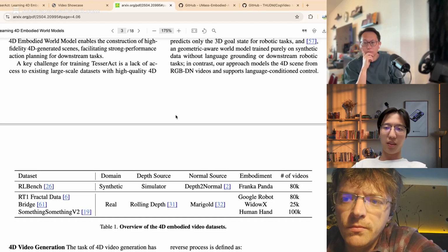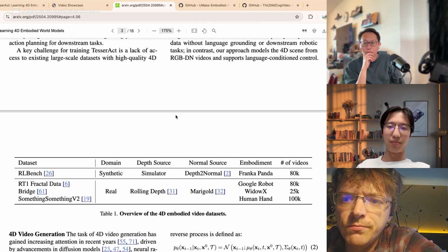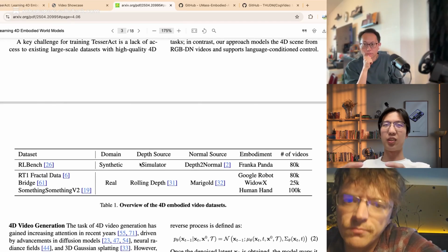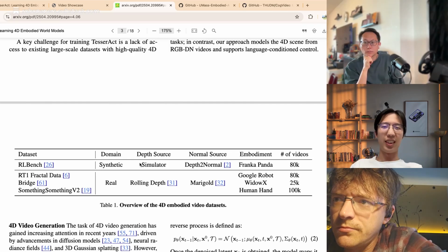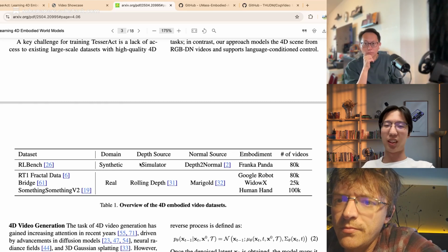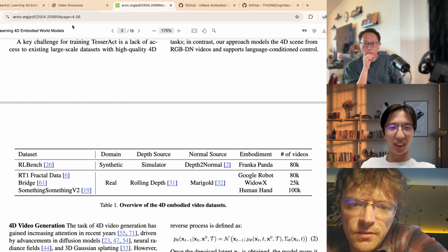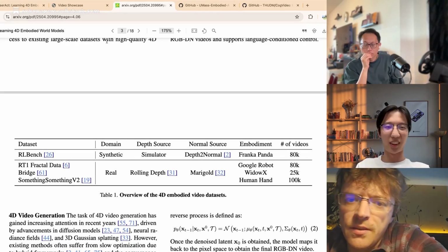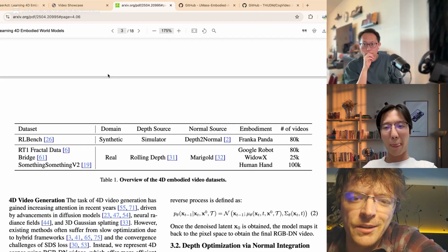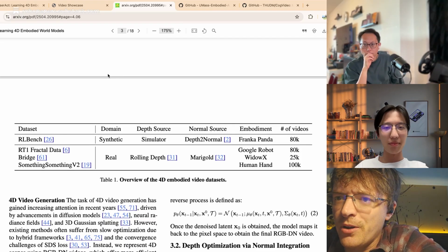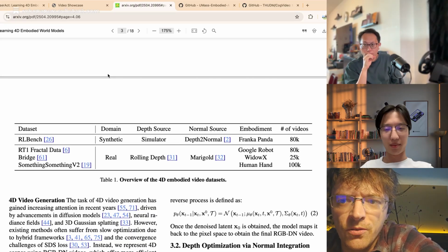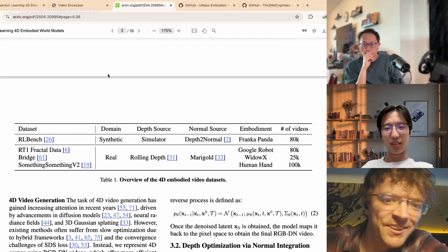But we find that if we already have a great pre-trained model like TesserAct, then you can do some really easy setup to LoRA fine-tune it and get great results on your own data. That's what we find. So is that partly really good? 100 is shockingly small, in my opinion, for fine-tuning a world model. Is part of that data efficiency because it's a 4D model, because of the depth? Or am I wrong?